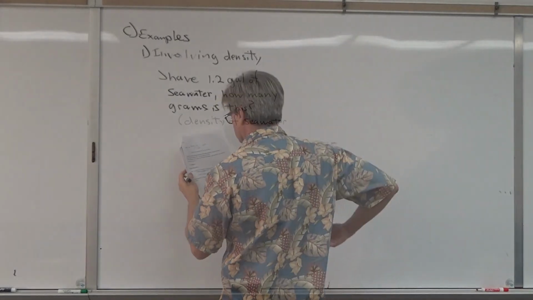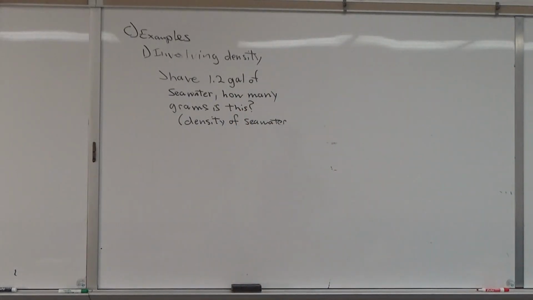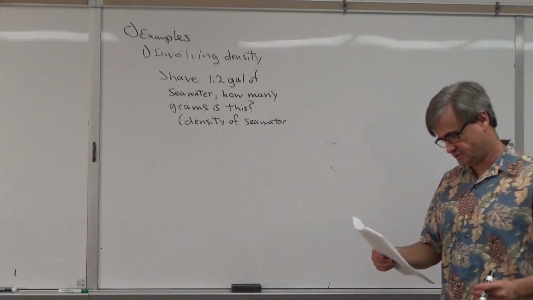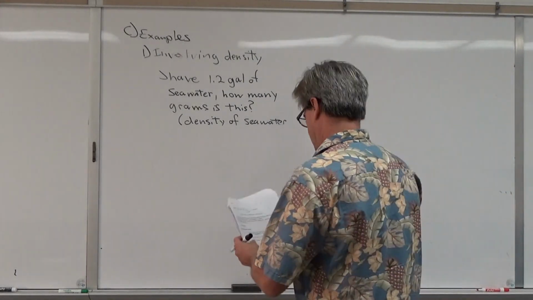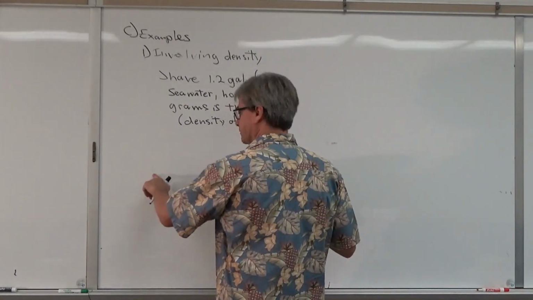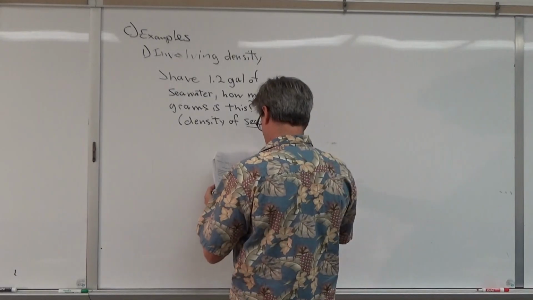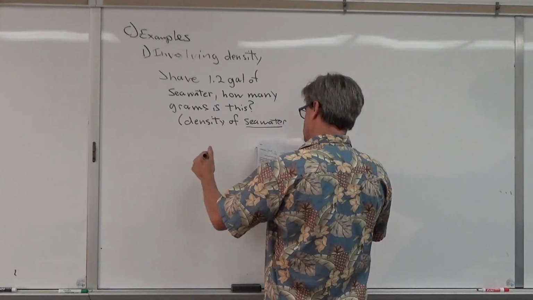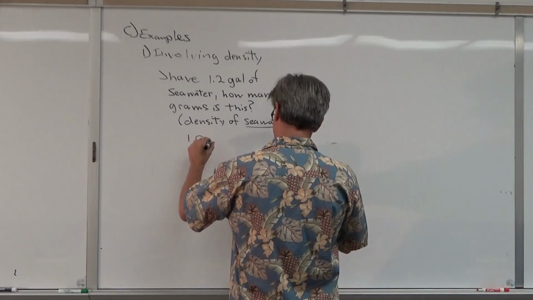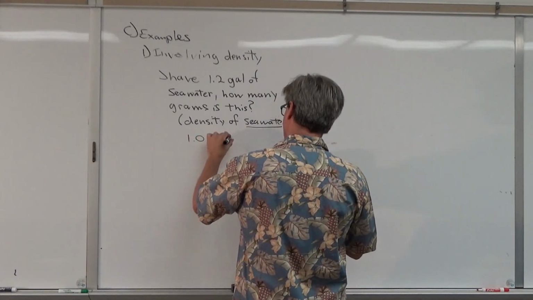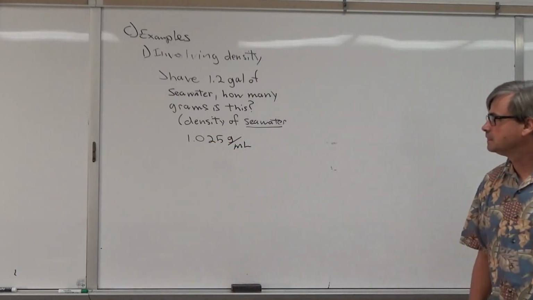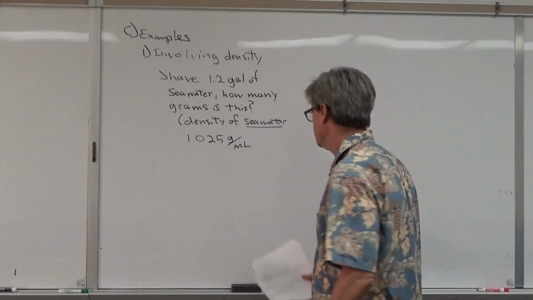Okay, so density of seawater. Notice that's going to be very different from the density of regular water. There's things dissolved in seawater. The density of seawater is 1.025 grams per milliliter. Okay? If you look at the back of your textbook, you'll see that